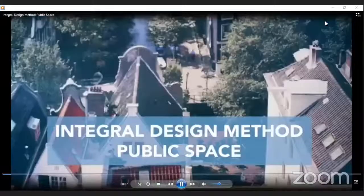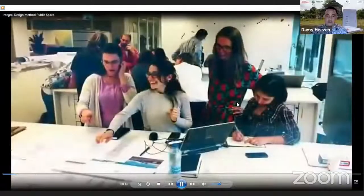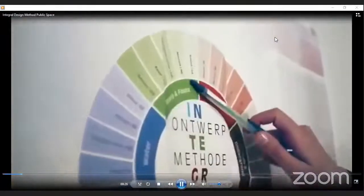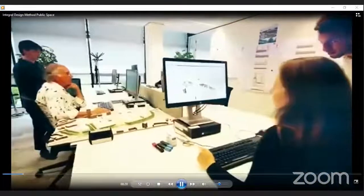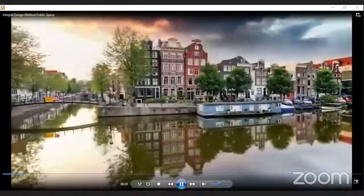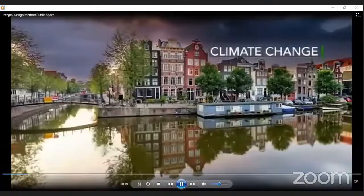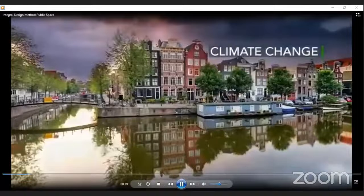Integral design method, public space. Over the past 2 years, a number of parties have worked on the Amstelstad case study. That has resulted in an integral design method for public space, a design method that will be further developed by the City of Amsterdam. An integral design method is needed because Amsterdam is about to undergo a major transition powered by 4 major challenges. The first is climate change, which will cause extreme weather